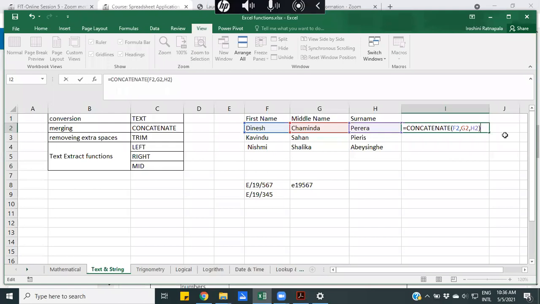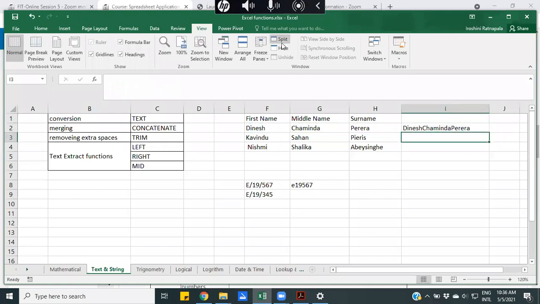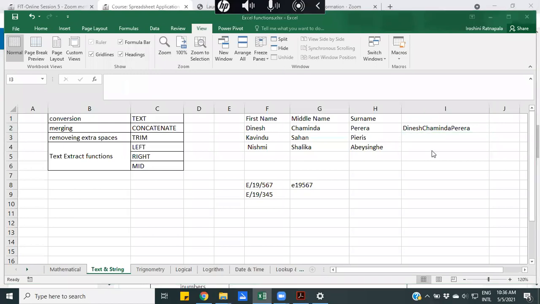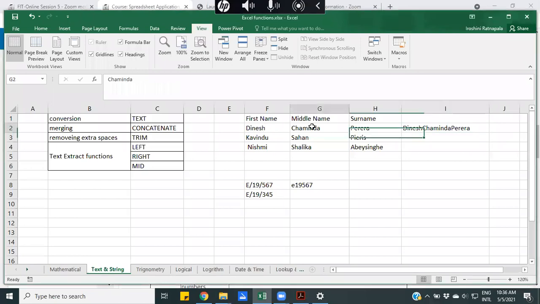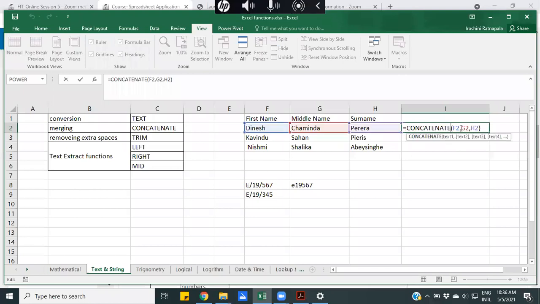Yes, it's correct, right? If I put it like this, I will not be able to see the spaces in between the names, right? So what I asked to do, concatenate F2, G2 and H2. Then the name will display like this. To avoid that, I need to concatenate two more things.